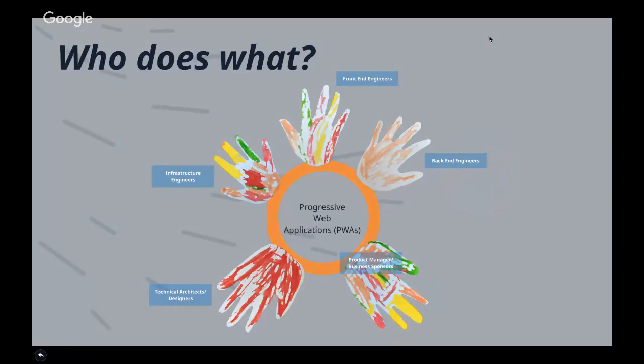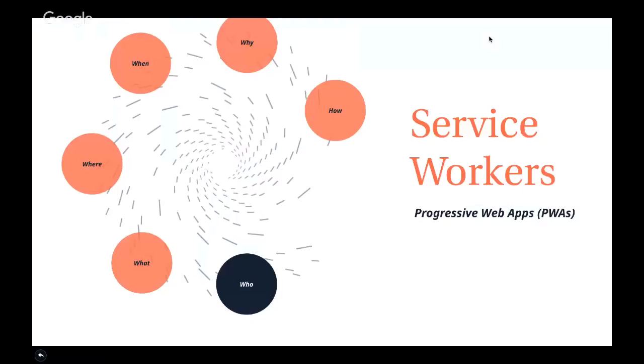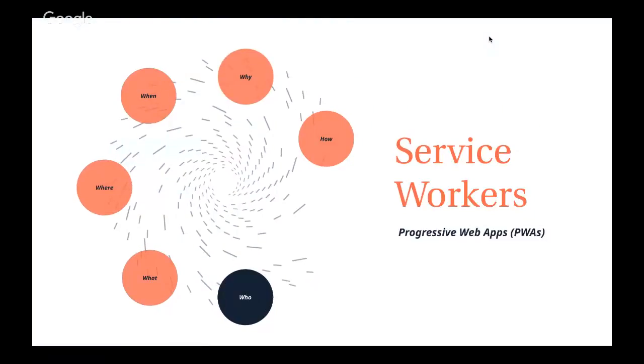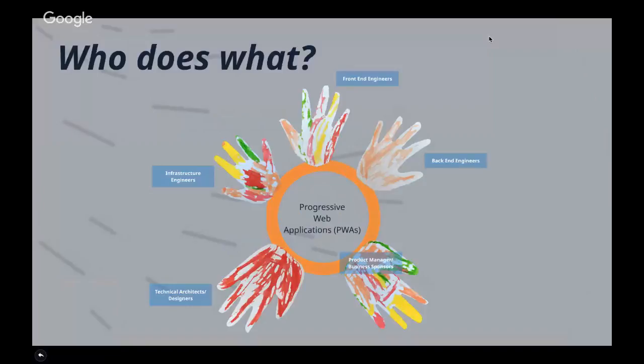So in every software development project I get into, you get various stakeholders, and each stakeholder will tend to move in their own direction to fulfill their own needs. And why that is important for progressive web apps, let's look into that. For progressive web apps, I would say that most of the development is done by front-end engineers because they were the ones writing the code most of the time.